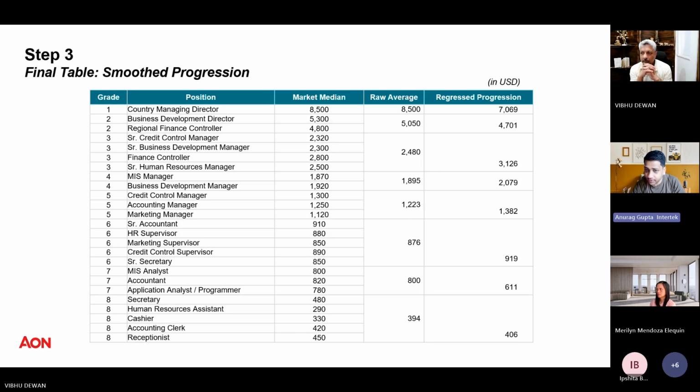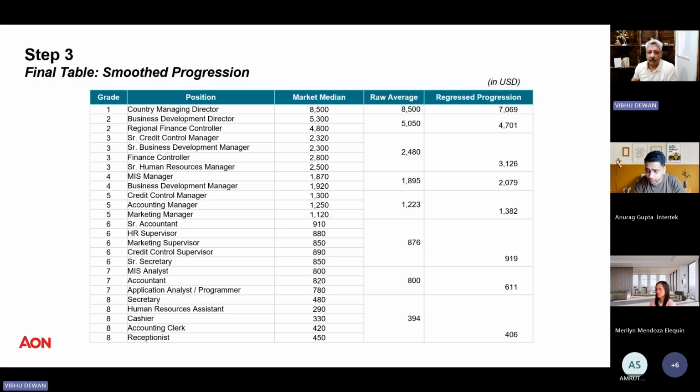Sorry, I just missed one thing. We've calculated the raw average, I understand that: sum it up and divide it by the number of occurrences that we have. Why are we calculating this regressed progression and not, let's say, median or